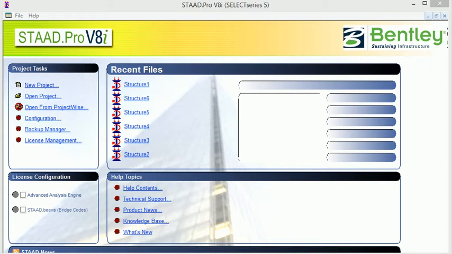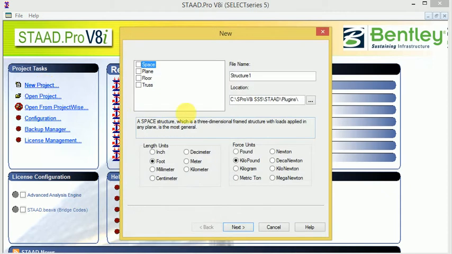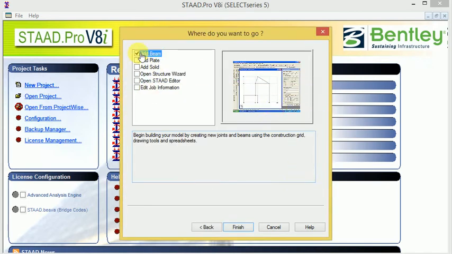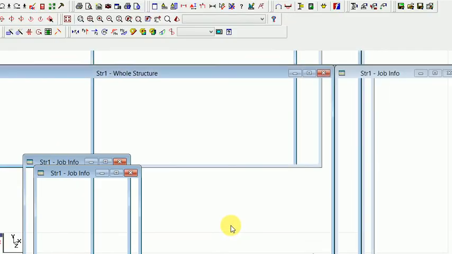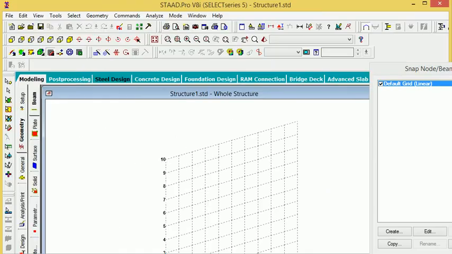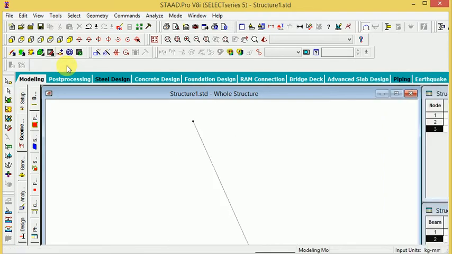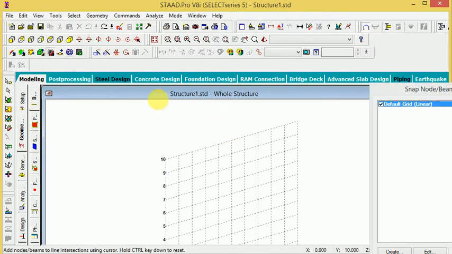So when you do the linear pattern, enter this new project and select the space, and apply millimeter and kilogram, and next, yes and OK, again add beam and next. Now open this background. This is the graphical method. If you want Control Z, it changes, and apply the graphical.